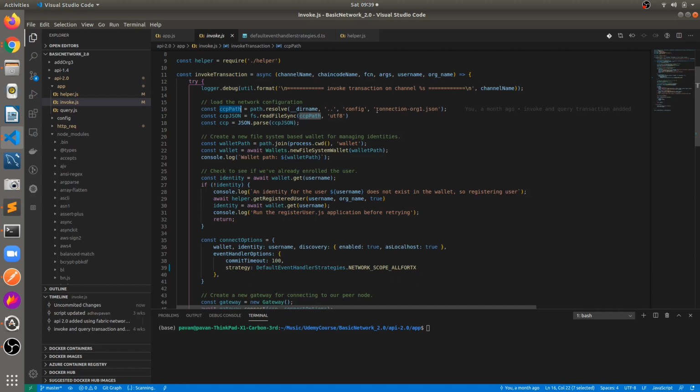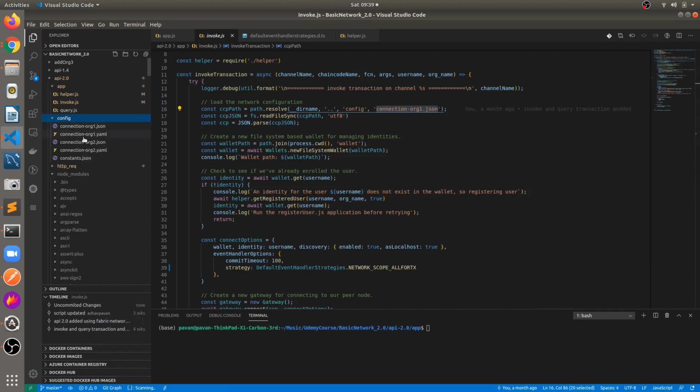Here I have hard coded it, so make sure you add the proper one in case of organization 2. For organization 2, the connection profile path is already available inside the config, connection-org2.json.